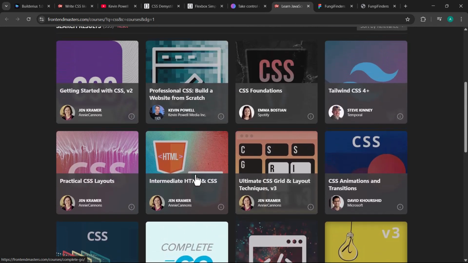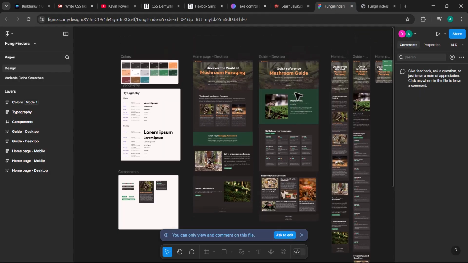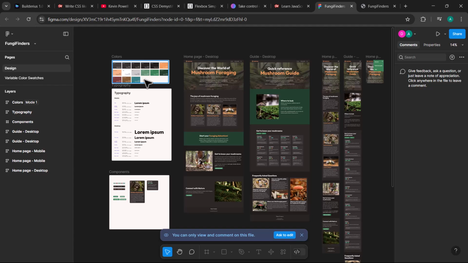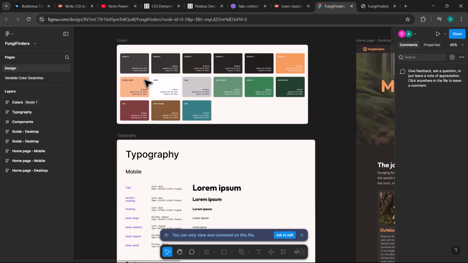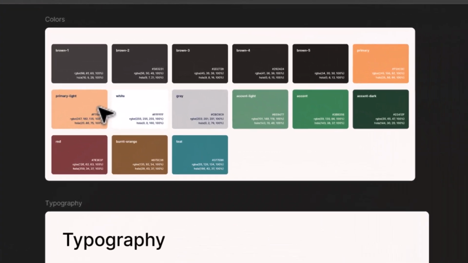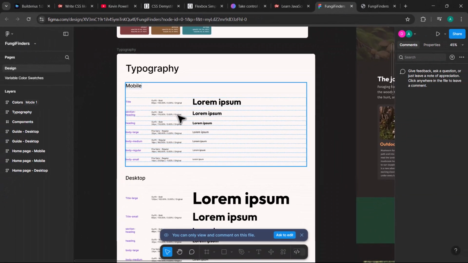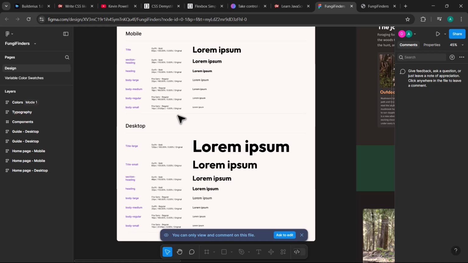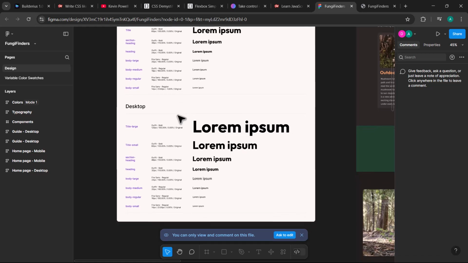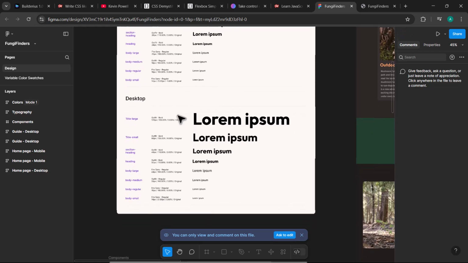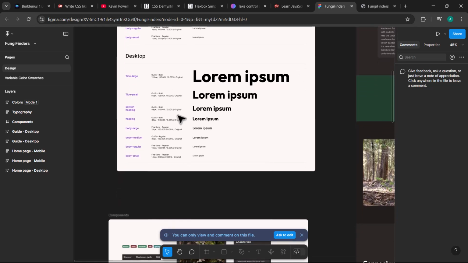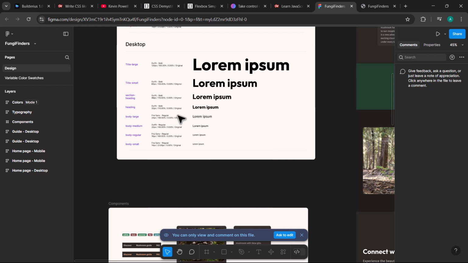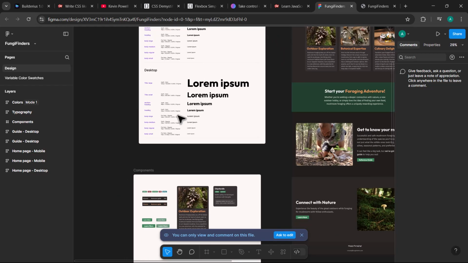So now let's take a look at the Figma file of what we're building. So this is what we are going to build here. And we're going to start by laying the groundwork, creating variables for our color, typography, and every low-level primitive required for the project. We'll build a mini CSS framework by the time we are done with this project. That way, every design decision later on is consistent and easy to maintain.